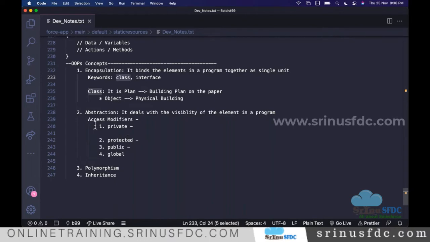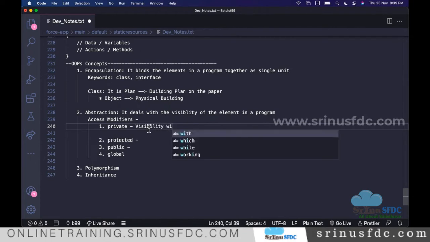If you see here, we discussed the access modifiers, the visibility. In general, private means visibility within the same class. So if in a class you define one element, it can be a variable or a method.